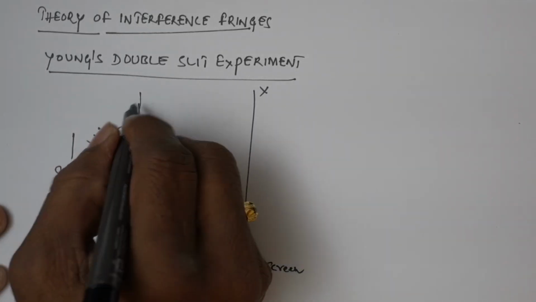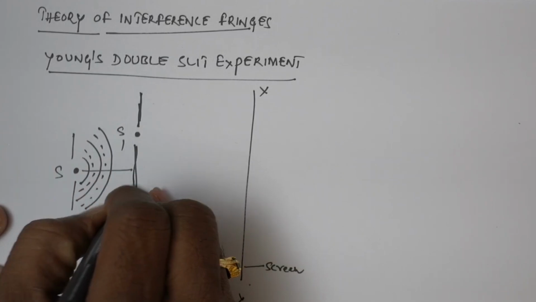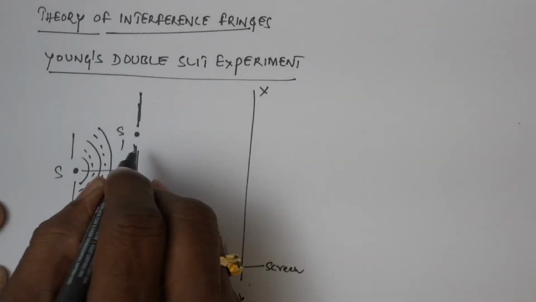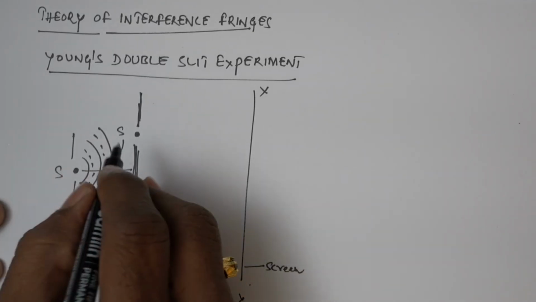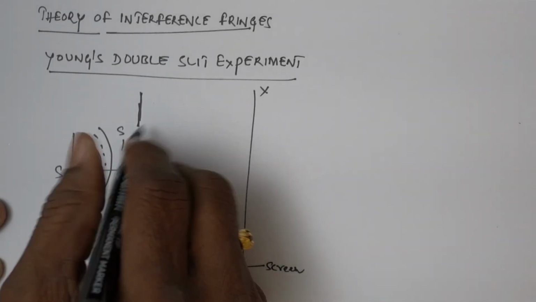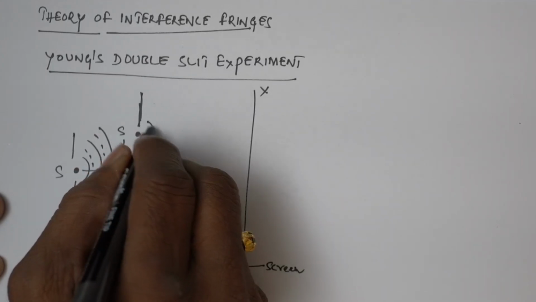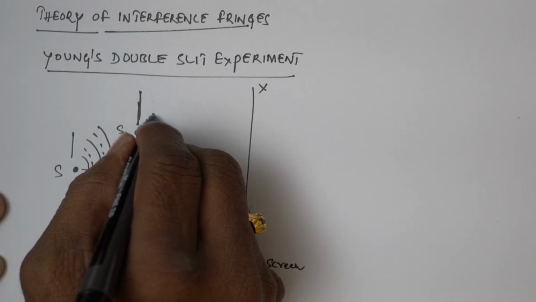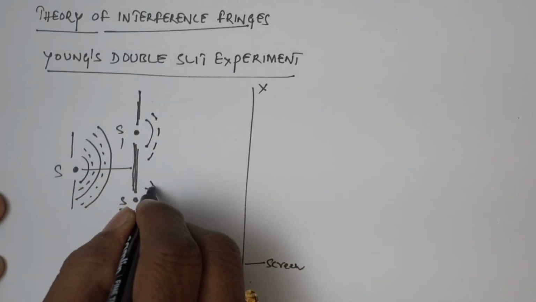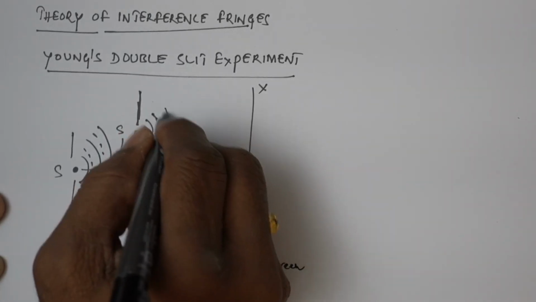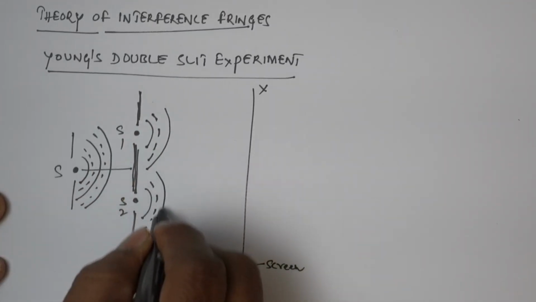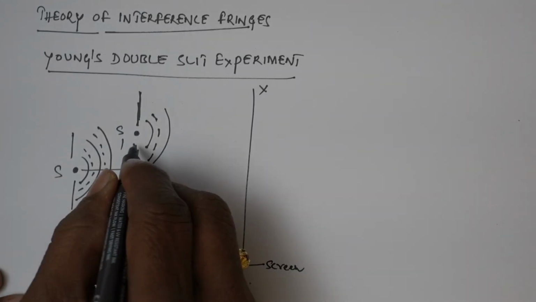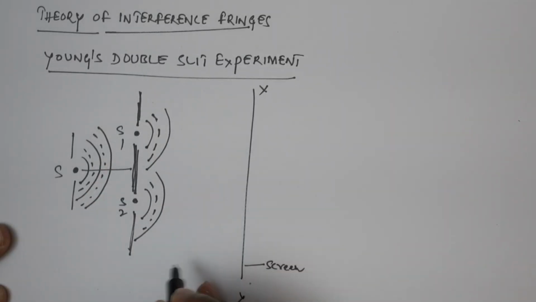Is it clear? Imagine that this particular portion is called the opaque slit width. The light does not enter through this. Again, even after passing through these two slits S1 and S2, the wavelet is again coming in the form of circular arcs like this. Here also a circular arc, and again a dotted circular arc is produced like this. Again one wave crest and one wave trough like this. After this, my dear students, in between the two narrow pinholes S1, S2 and the screen XY,